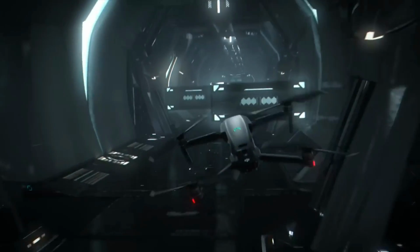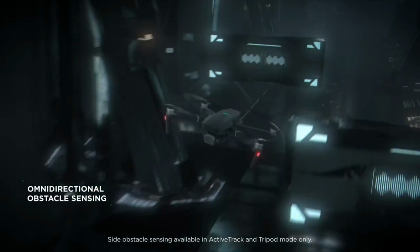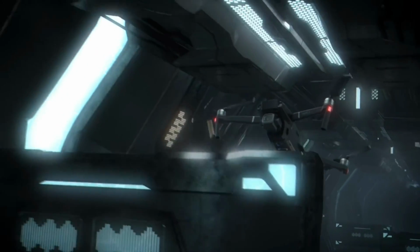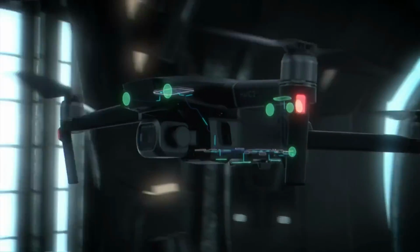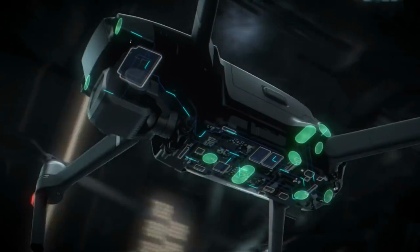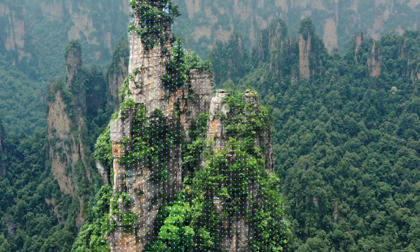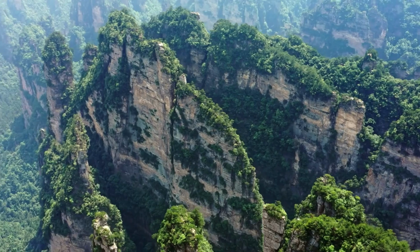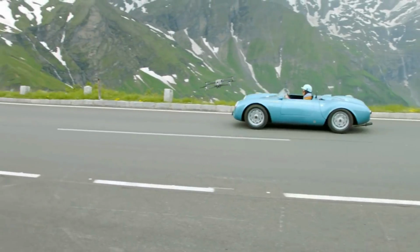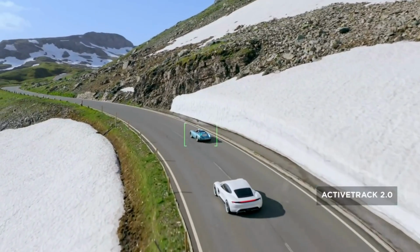For the first time in a DJI drone, Mavic 2 boasts obstacle sensors on all sides of the aircraft. Its digital nervous system continually transmits data to a new, more powerful central processor. The aircraft analyzes every inch of its surroundings to move around obstacles without stopping, so you can focus on capturing the perfect shot. When you have a need for tracking at high speeds, stay fully immersed in the action with